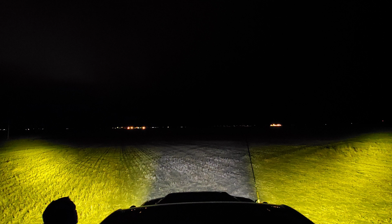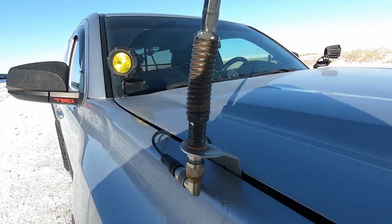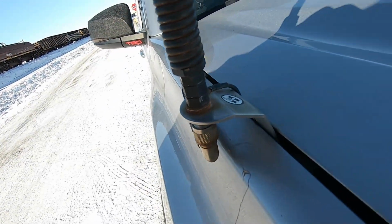They're pretty much the cheapest ones I think you can get on the market, and they actually do pretty good. I got a little bit of rust issues, but no big deal. This is a Firestick antenna. It's a 3-foot Firestick, adjustable with a heavy-duty spring, and then I've got it for my CB radio, which